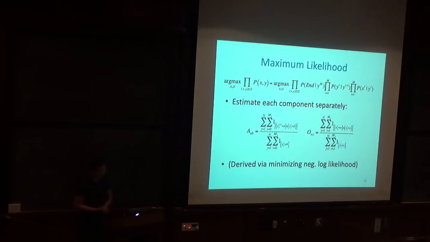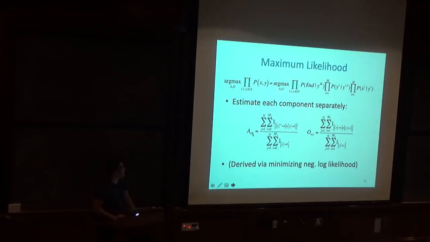Okay, maximum likelihood. So given a training set of XY pairs, and assuming that these XY pairs are sampled independently from the true test distribution, we want to maximize the product of the probabilities of observing these XY pairs given our model, which is basically just this term over the parameters of our model. And that gets factorized because of our hidden Markov model assumption into these probability tables. And you can derive in a fairly straightforward way that this maximum likelihood solution is just counting, just like in naive Bayes. So the transition probability of going from